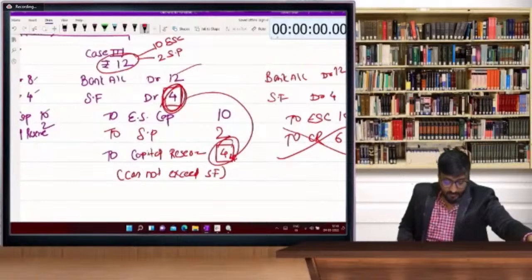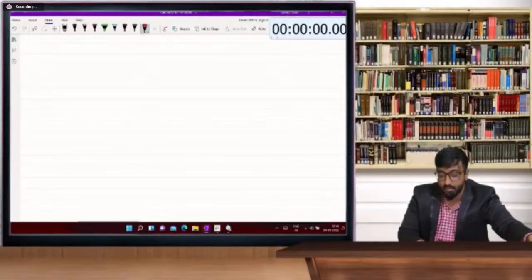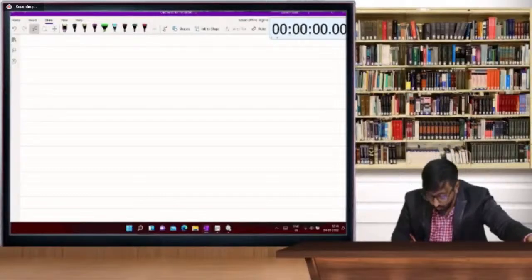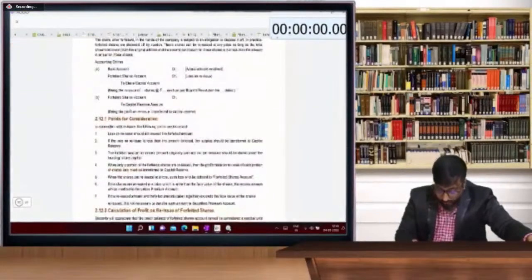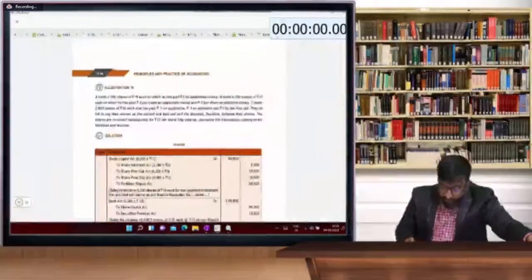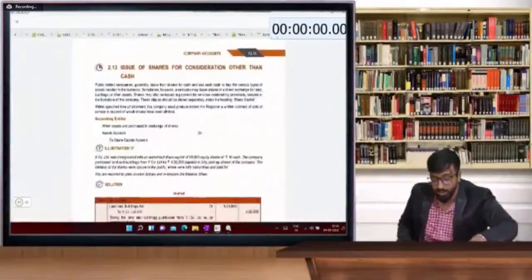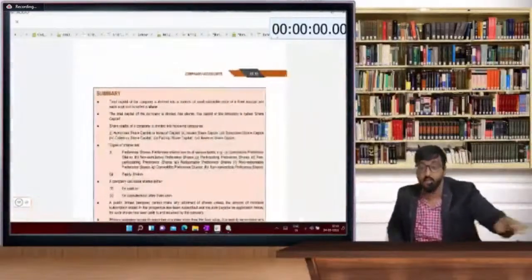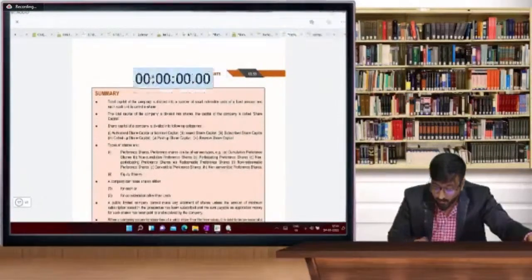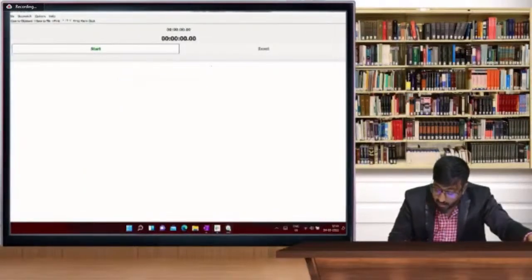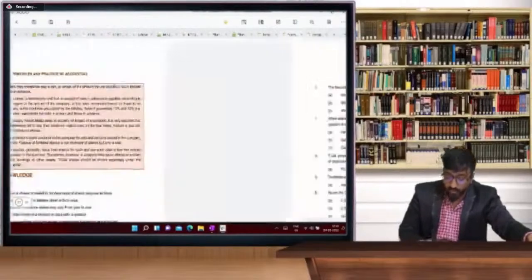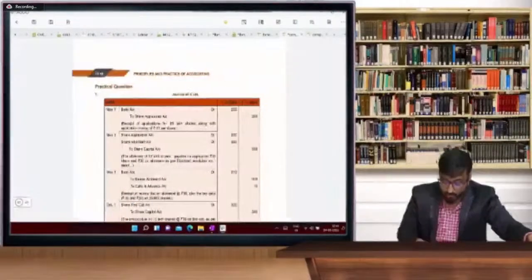Yes, so we have completed the concept of reissue after forfeiture. Now today's your homework: you solve 14, 15, 16, 17. In the next session I'm going to explain these questions, illustrations up to 17, and now I'm going to take one concept: forfeiture of shares, debentures issued as collateral security. In the last session we completed up to 7 illustrations. So in the next session,